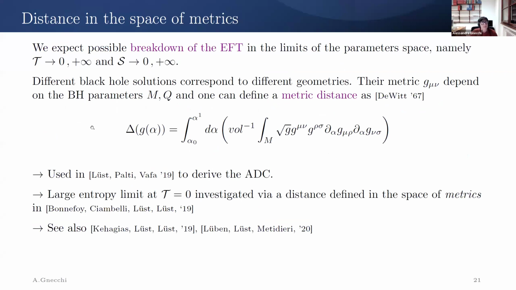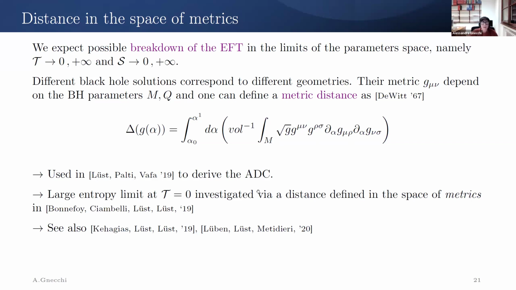In fact, I told you at the beginning that the black hole has a certain temperature and a certain entropy in general. Now, this entropy and the temperature take real values. So I can try to study if something interesting is happening at the limit of 0 or infinite temperature and entropy. And in fact, it's possible to define a certain